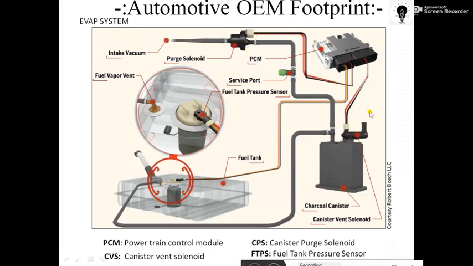operated by the ECU, and fresh air from the atmosphere enters this way into the charcoal bed. Whatever unburned hydrocarbon is absorbed on the charcoal bed is taken by that air, and that air along with the unburned hydrocarbon travels this way and enters the inlet manifold and the combustion chamber.